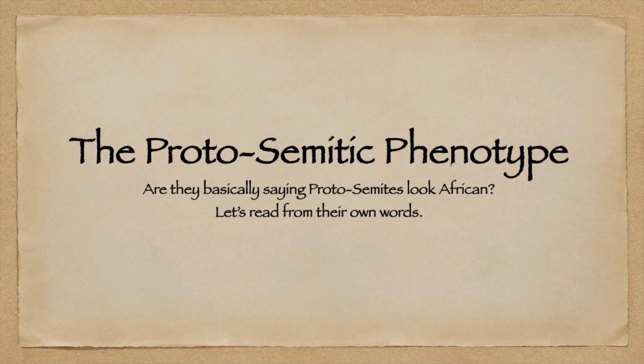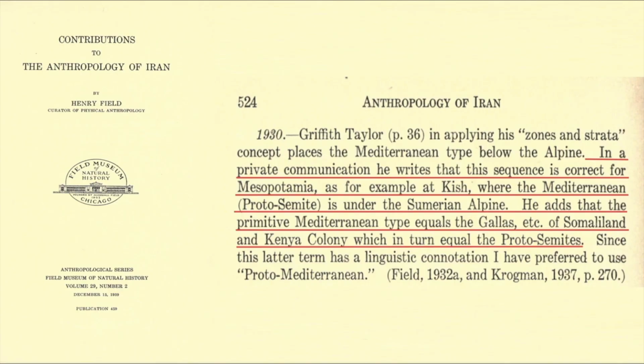Are they basically saying that Proto-Semites looked African? Is this what they're saying? Let's read from their own words. In a private conversation, he writes that this sequence is correct for Mesopotamia. As for an example at Kish, where the Mediterranean Proto-Semitic is under the Sumerian Alpine, he adds that